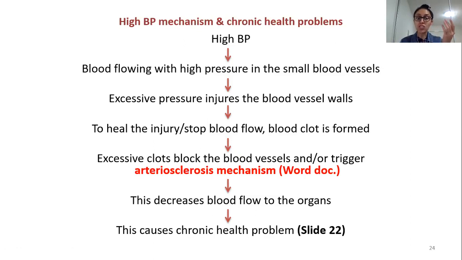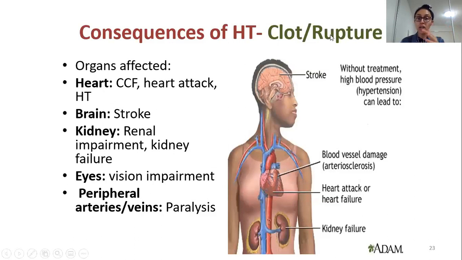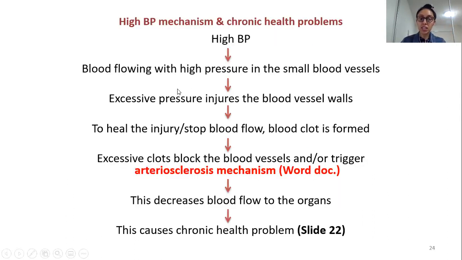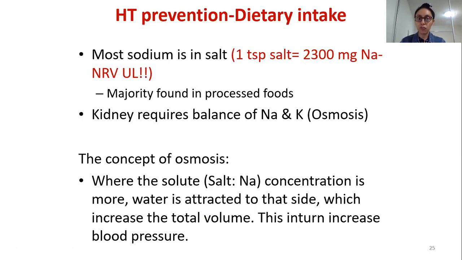And the same thing happens. You have the fatty streak, then an inflammatory response, then plaque development. With plaque, you have clot formation and the embolism which we talked about. This can cause a clot or a rupture, and depending upon whether it's a clot or a rupture and where it is, different organ systems will be affected. I hope it makes sense. The mechanisms of this lecture are very simple and straightforward.